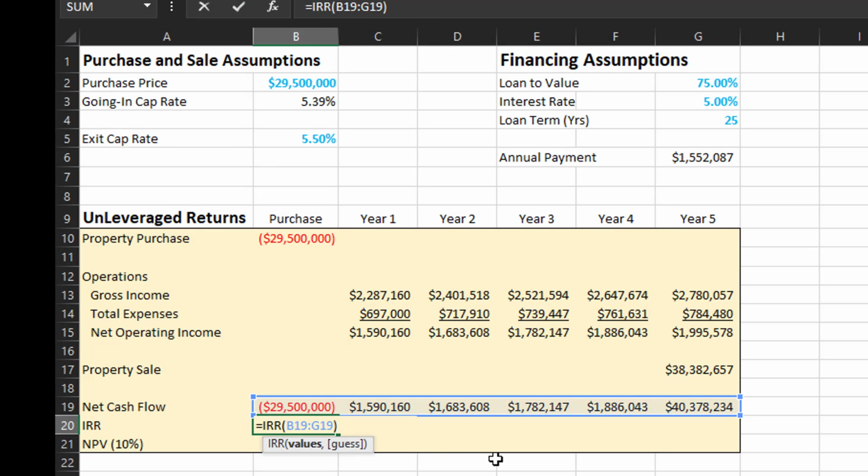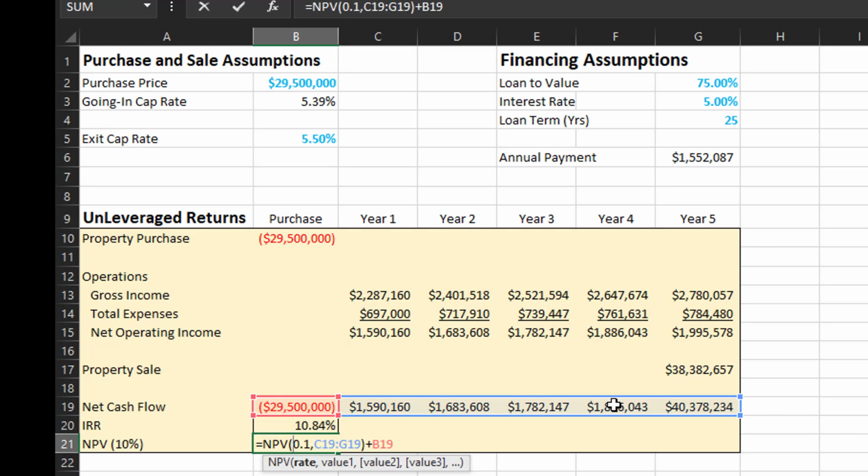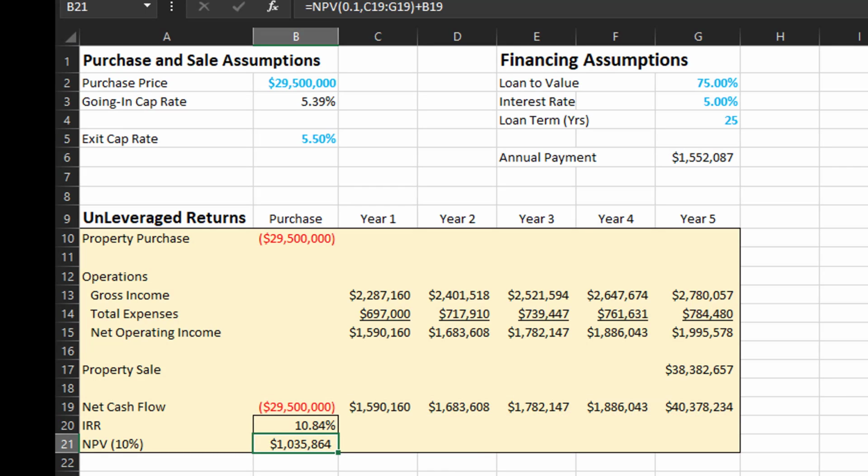Just line up those cash flows, and then we can do an NPV, and this has the discount rate of 10% there in parentheses. And so I would take the NPV of all of the future cash flows, add back in that negative cash flow that represents the purchase price. If you wanted to use the XNPV function, you could assign some dates to these things. We just want to make sure that they're 1 year apart, and your NPV should show up very close to that number of $1,035,864. So that is the very simple unleveraged pro forma.